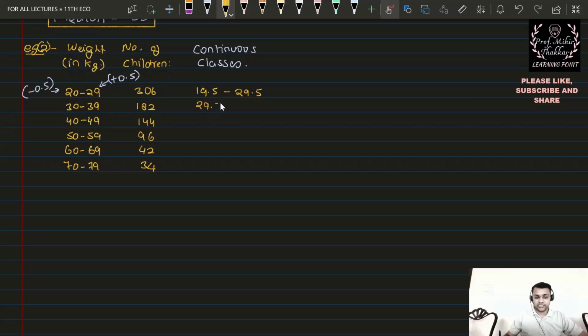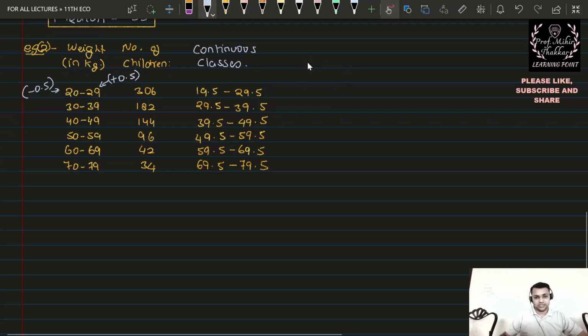So this will become 29.5 to 39.5, 39.5 to 49.5, 49.5 to 59.5 and the next is 59.5 to 69.5. Finally, when you subtract 0.5 from 70, that is 69.5, and add 0.5 to the upper limit 79, it will become 79.5. After that, the next term that you already know is the less than type of CF